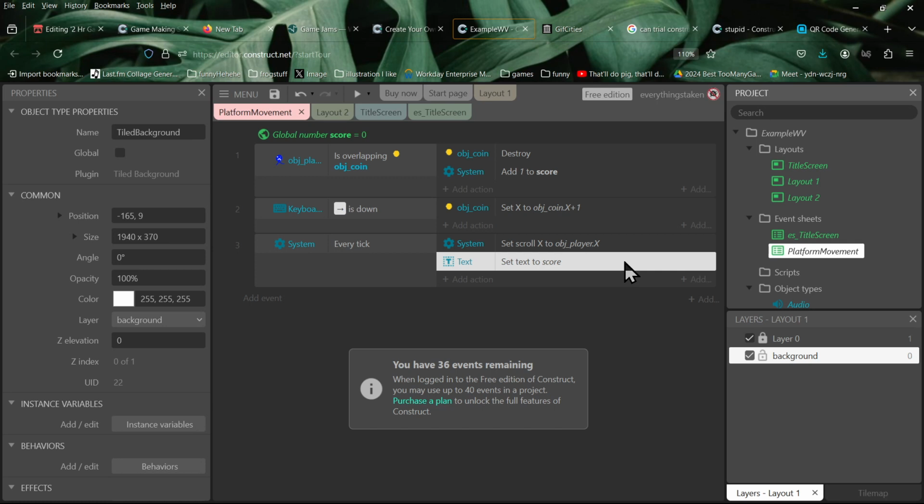Add action. And then the simple way of doing it, if you wanted to scroll, is just System. And then type in scroll. And then see it says scroll to X. So that will do scrolling on the X axis, but there's also scroll Y, so if you want there to be verticality, you can do that too. And then just type in player